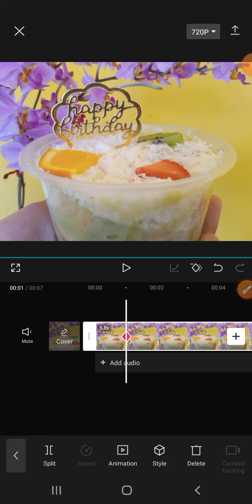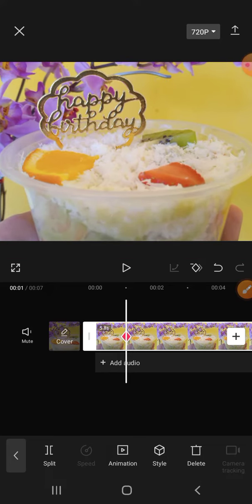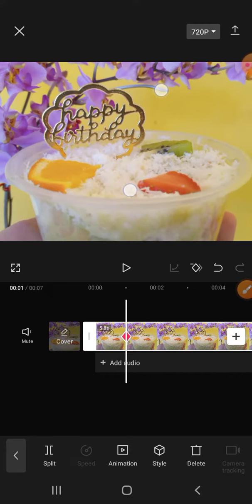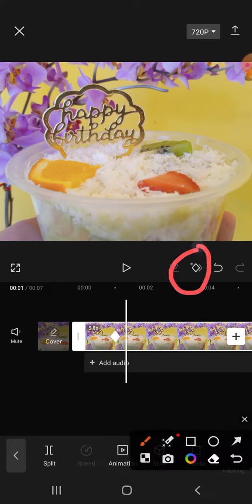and then what I'm going to do is just zoom in the photo like this. Use both of your fingers to zoom the photo like this. Just pinch the screen, and then I'm going to add another keyframe. Just click on the keyframe like this